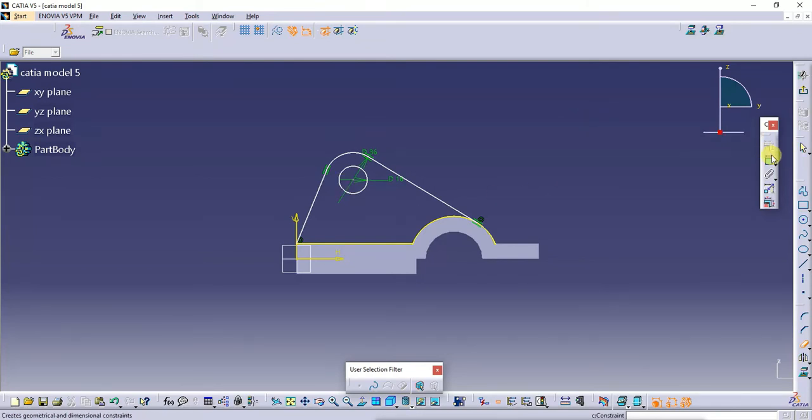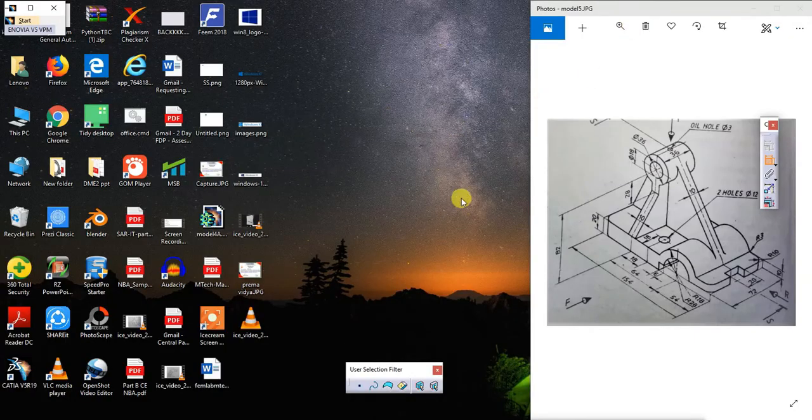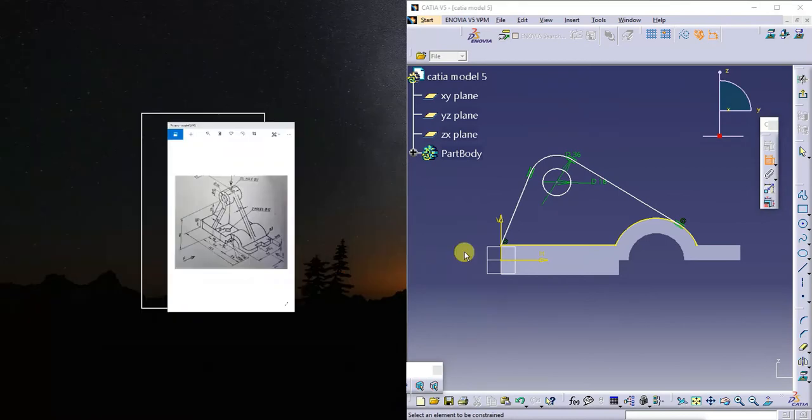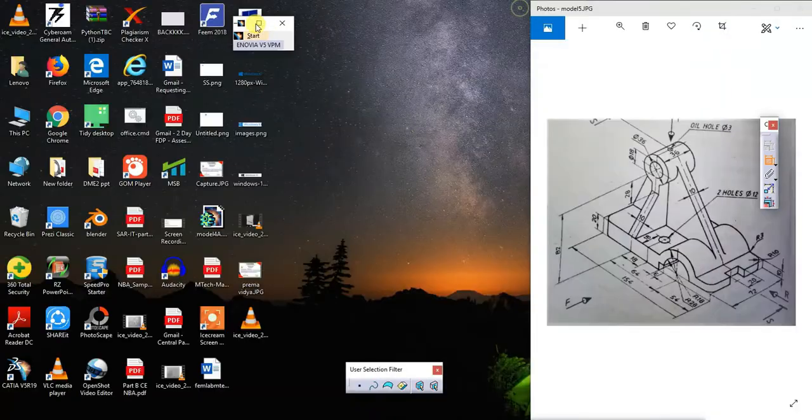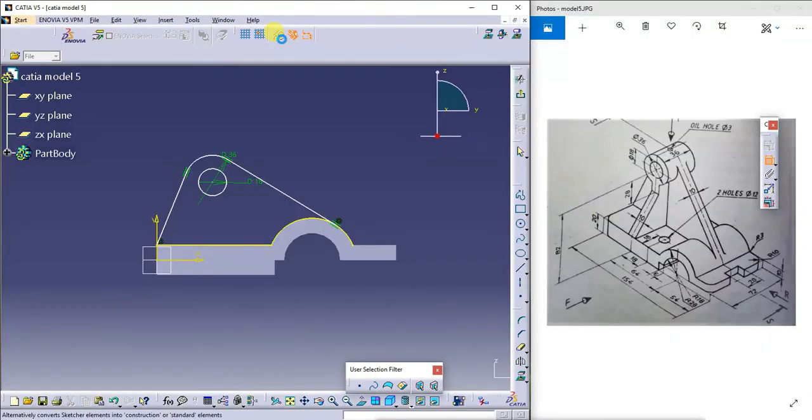Now I'll go for the dimensioning part. See here, see the height of this.